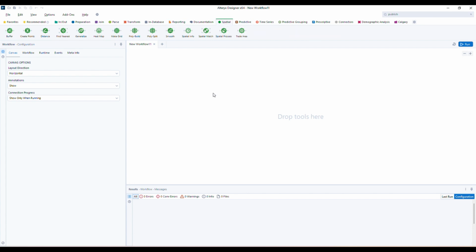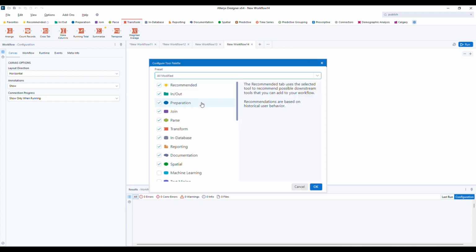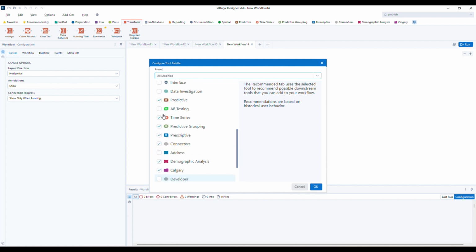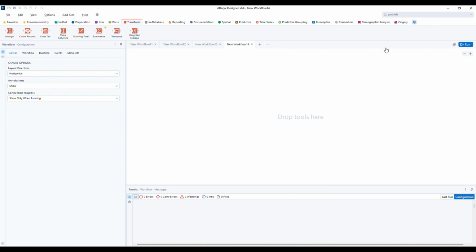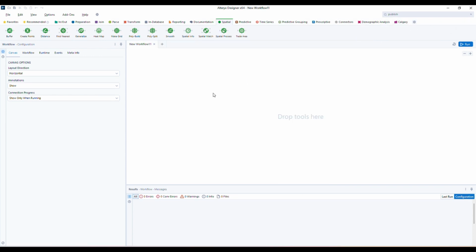And not only this, you have many categorizations. If you click the settings icon, you can check and uncheck to show and hide these categorizations on the toolbar while working. And if you click on OK, then you get all those categories visible in the toolbar. It's based on your requirements.